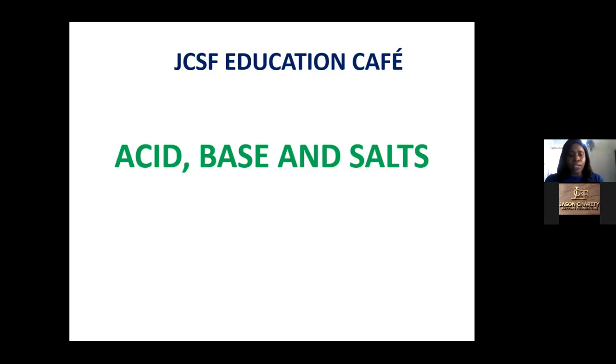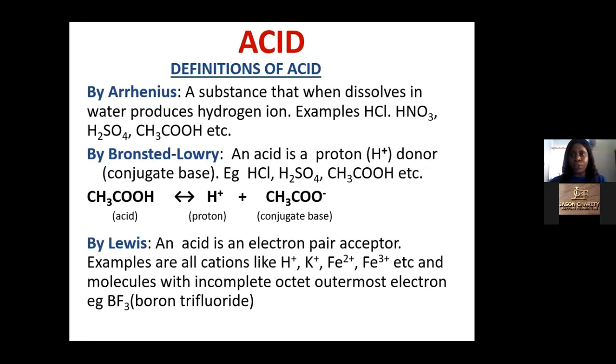Now, acids are chemical substances that are used literally all around us. In our body system, we have acid, in the food we take and oil in the food we consume. These food substances contain what? Acids. Okay. Now, here I have the definition of an acid as provided by 3 scientists. Now, the first one is by Arrhenius.